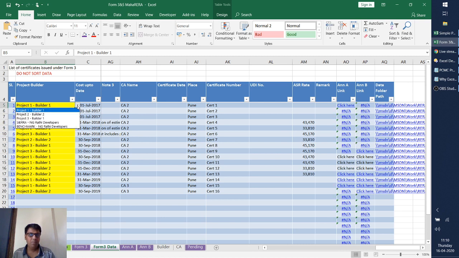So here from the drop down list, I select which project. If you can see, it's a combination of project name and builder name. So you are selecting the particular project. So this is the name, and